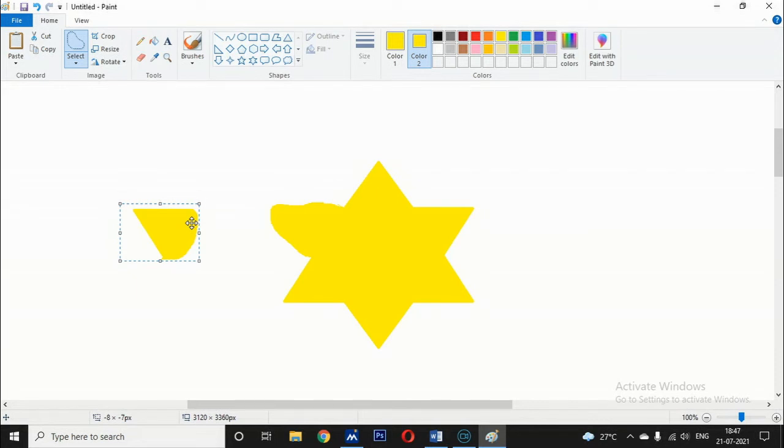Okay children, now let's move to the next one, that is moving and copying objects. You can move and copy objects using these methods: cut and paste, copy and paste, and paste picture into Paint.